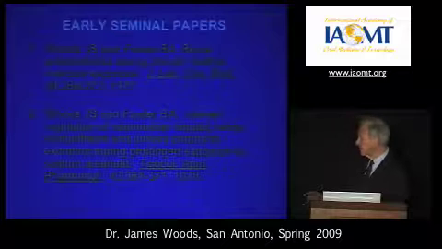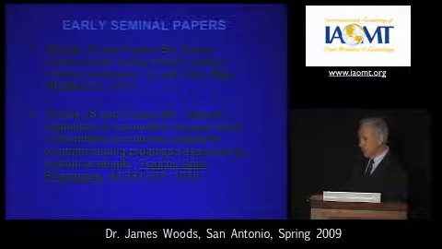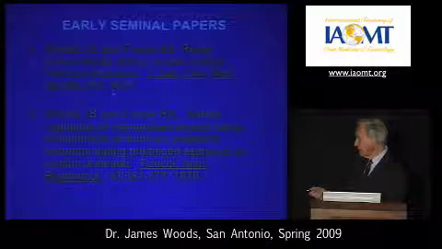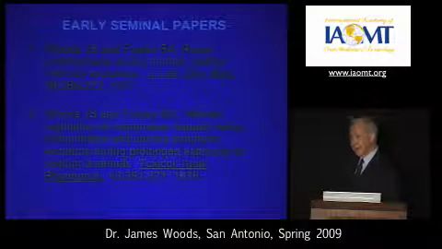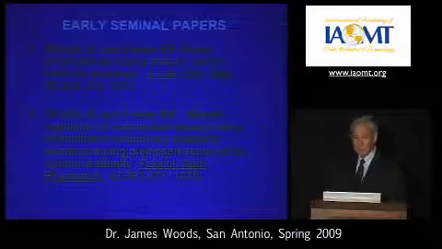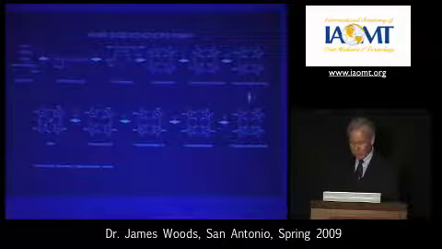And here are a couple of the early papers that we published on that. In fact, Mercury in 1977, a year later, comparable effects that we observed with regard to